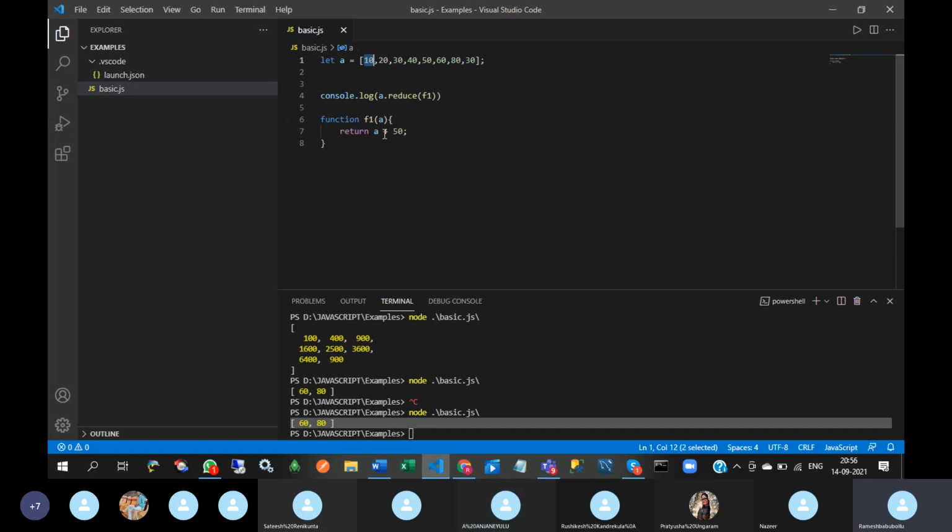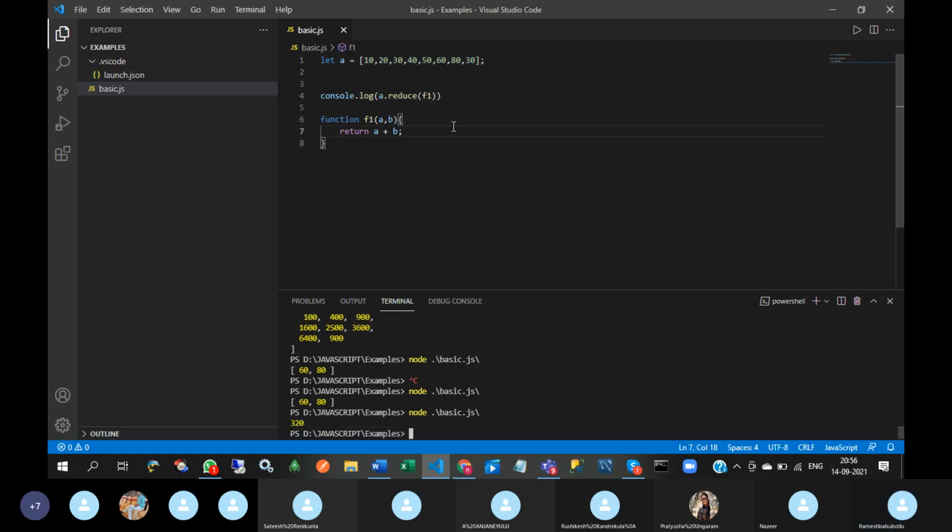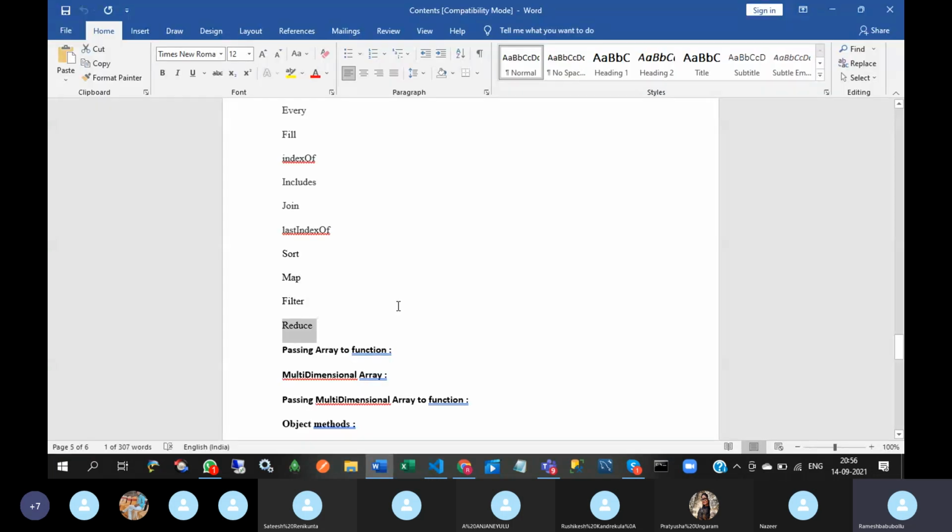So here I have written the logic to add all elements of an array. This 320 is the total sum of the array. So from left to right, it will take all elements and process them according to our logic, and it will display the result. So that is the reduce method.